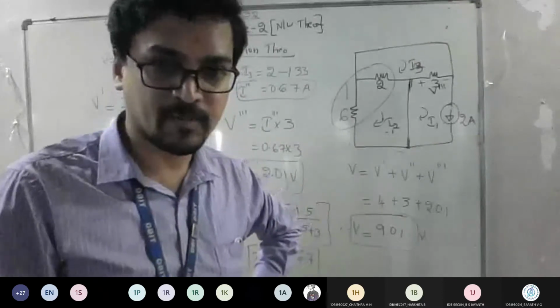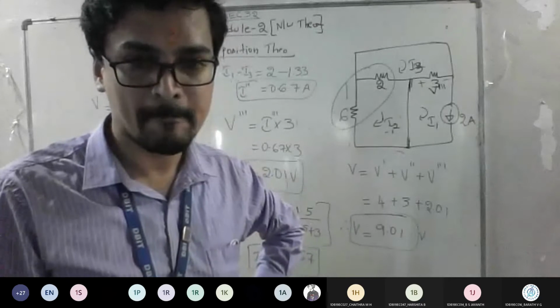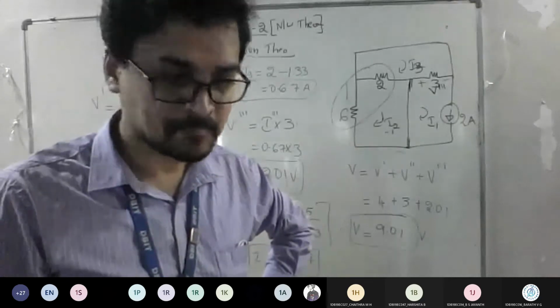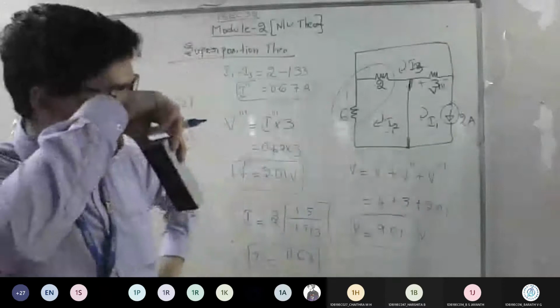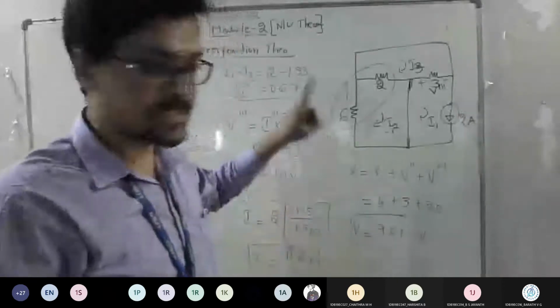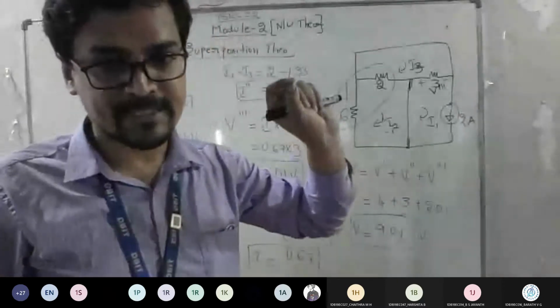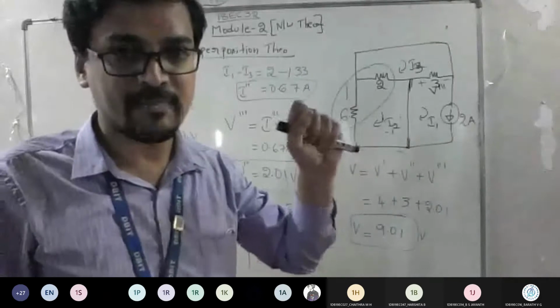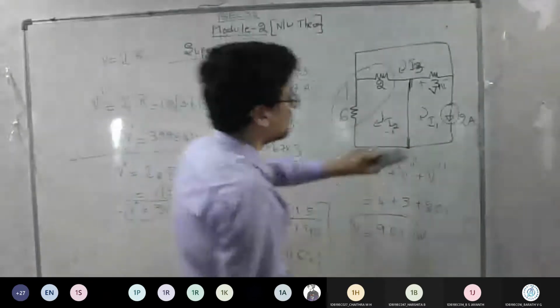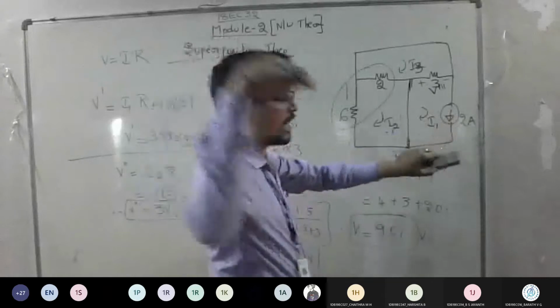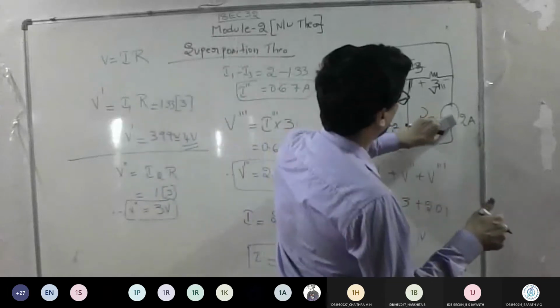So you got the procedure of the superposition theorem now? Everyone? Okay, now listen carefully. Same problem. I'm going to make a slight change. Then tell me whether the answer you got is the same or not. Instead of the downward arrow mark, I will make an upward arrow mark.